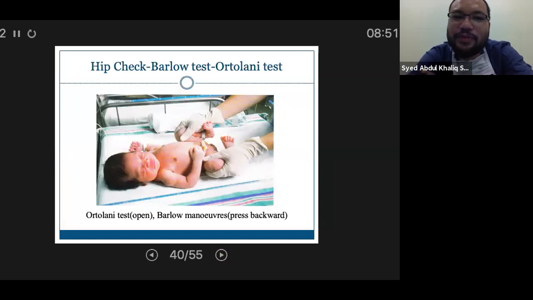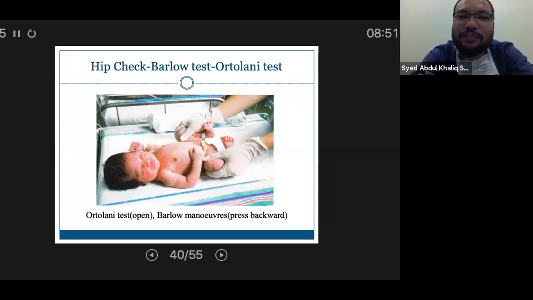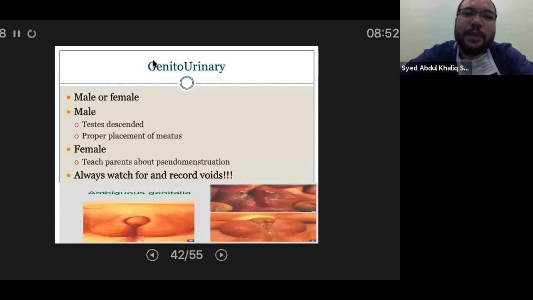clicky hips, to look for displaced hip joint. So you do Ortolani and Barlow test. So Ortolani is where you move the hip, ni keluar. So you keluarkan, you dislocate the hip joint, and Barlow ni basically you masuk balik lah. Dia akan ada click dia. So make sure nanti bila you go by the bedside, kita try and practice and then look for skin folds, look for everything, and then genitals.